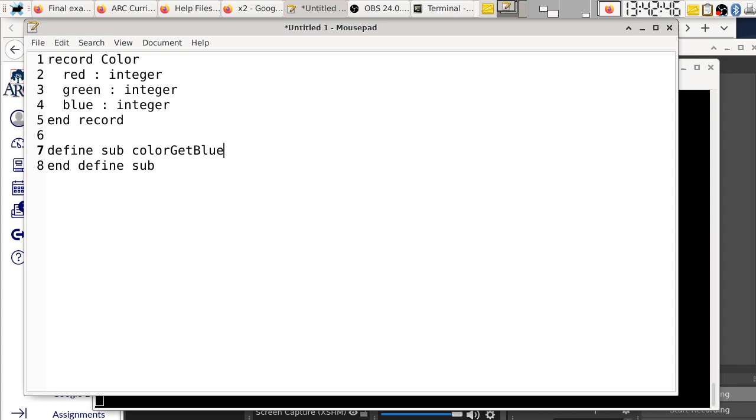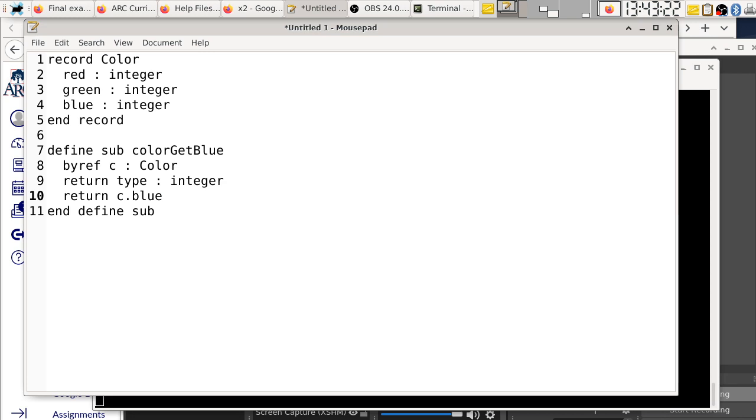All this is going to do is you give me a structure, a record of the color type. So we say by passing by reference, C, which is of a color type, uppercase Color. Let me specify the return type as well. Return type is an integer. And all this is going to return is the blue component of a color. So all I'm going to do is return the blue member of the structure or the record that C